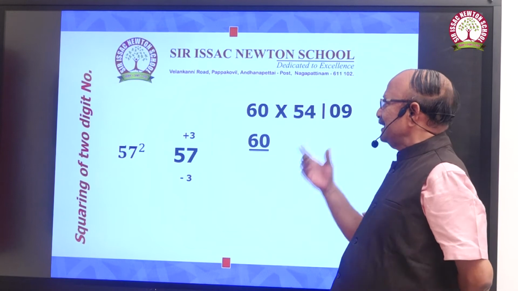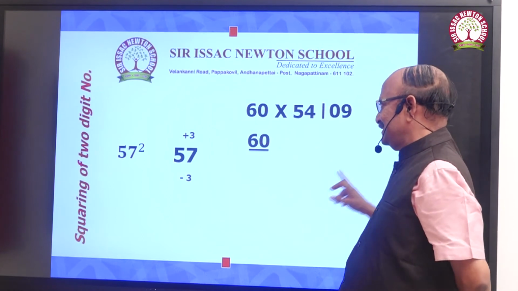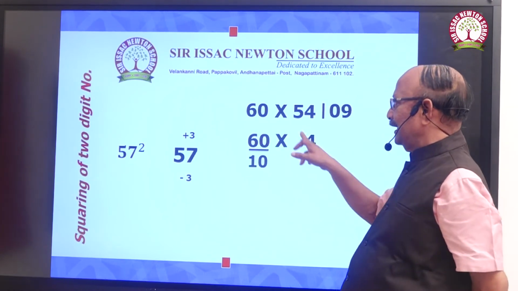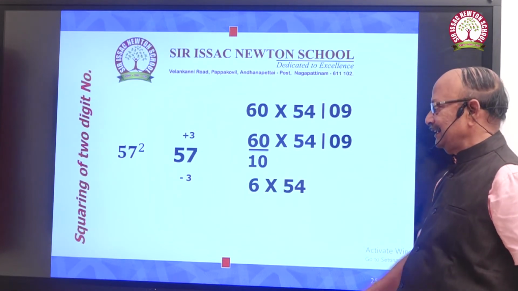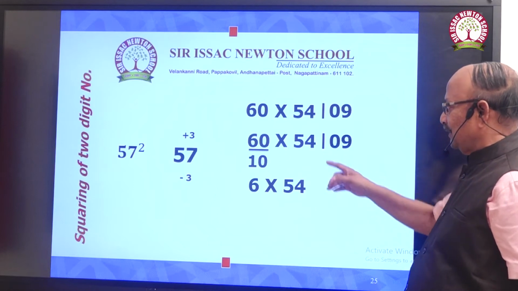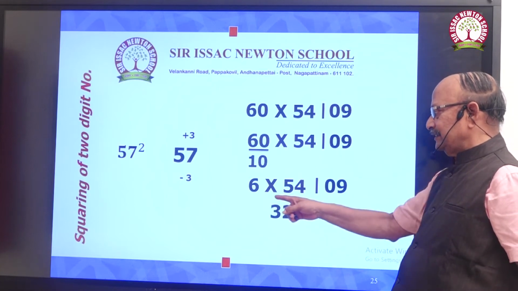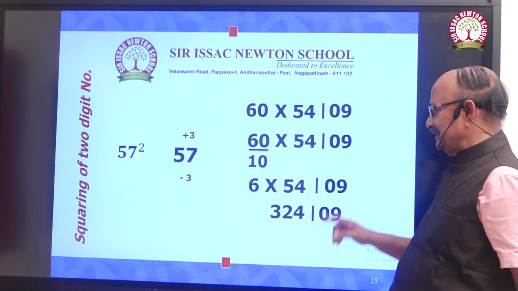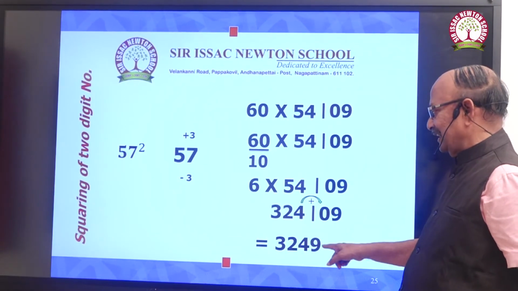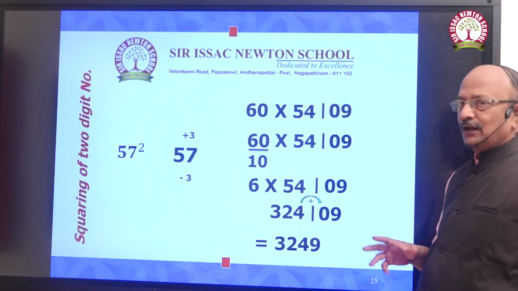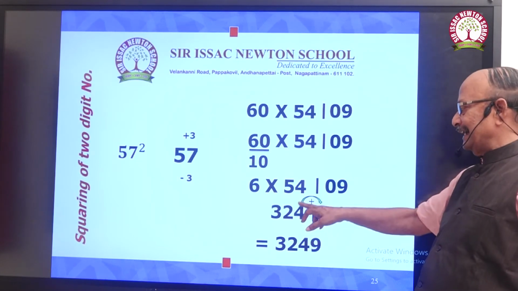Now, since the base is 10, and I told you 6 times the 10, I am dividing this 60 by 10 and multiplying with 54. So when I divide 60 by 10, it gives you a value of 6, that is multiplied by 54, and the square of 3 gives 09. So 6 into 54 gives you 324. The right-hand side will be 09, and if I add it, this gives 3249 as the answer. This way, squaring of a number has to contain only 4 digits. The 0 will get added with the 4.